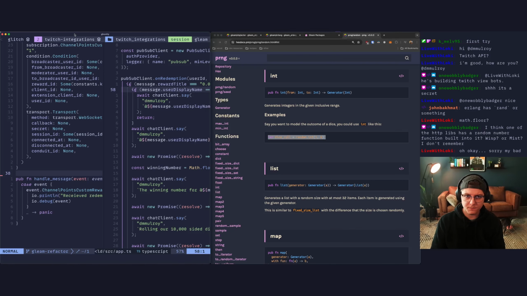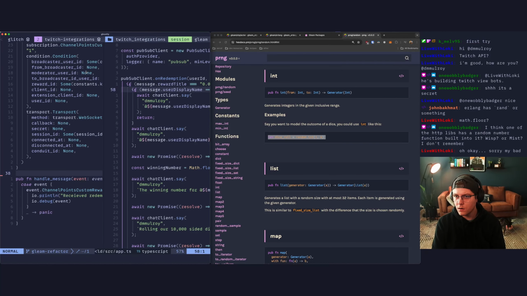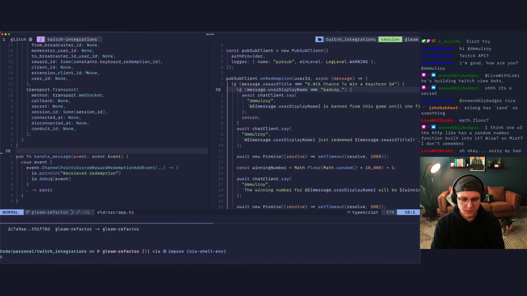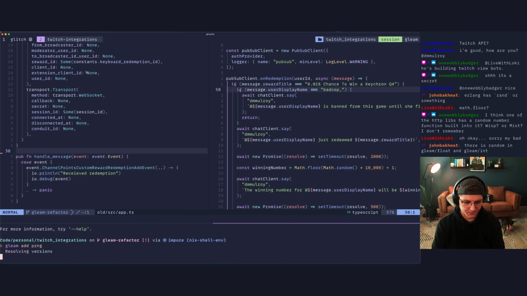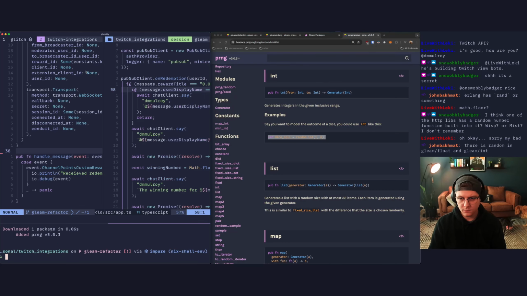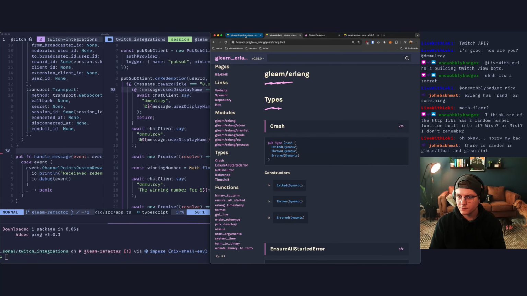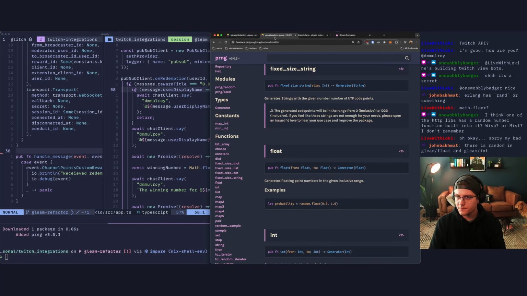That's exactly what we want to do right there. So let's make sure we have PRNG installed. So we'll come down here and we'll say gleam add PRNG. And oh, there's random, and is there really? Am I dumb?